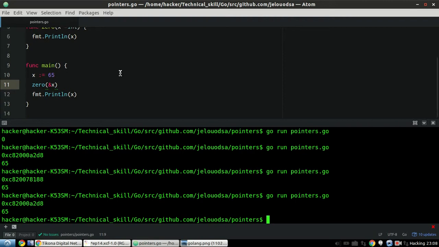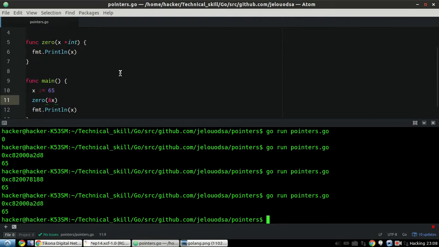So basically a pointer holds the address. So when we print the pointer, or when we get the value of the pointer, what we get is basically the address of that memory location. Okay, so this is the work of pointers, but there is something more I want to discuss.